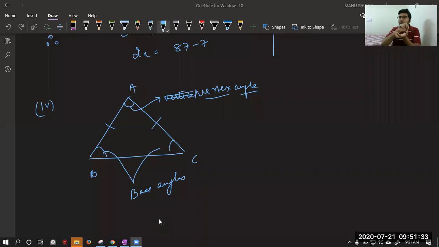We all know interior angles, if you add, the sum is 180. So I think I have given you the hint. You have to use sum of all angles equal to 180, the equation, and you can solve it on your own. Okay. Try this today, and if not done, we will discuss it tomorrow.